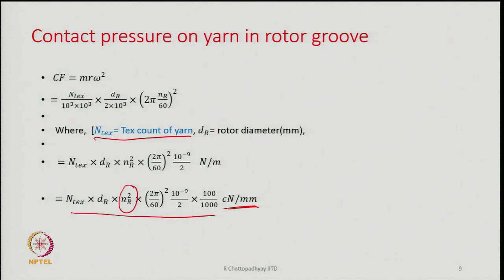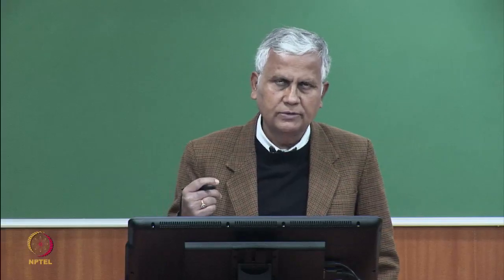With the rise in rotor speed, the contact pressure will rise very fast, because it is proportional to the square of rotor speed, and the contact pressure is directly proportional to the count of the yarn. So, if the yarn is heavy, that is if I am going for coarser counts, the contact pressure will be more